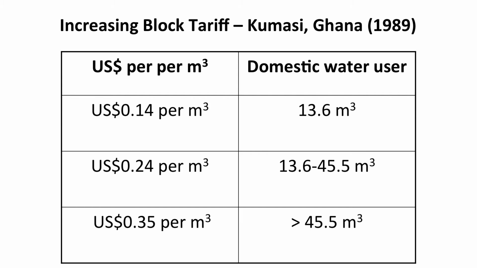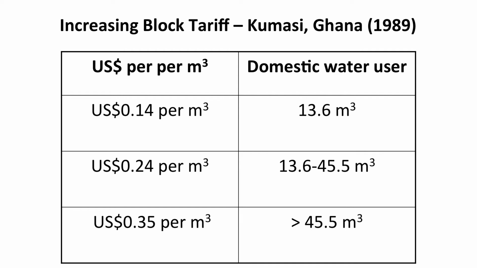A couple of things to note about this IBT structure. First, the size of the first block is quite large. It is almost 14 cubic meters. My wife and I are not poor and have lots of water-using appliances, and we use about 10 cubic meters of water per month. Second, the volumetric charge in the highest price block is still very cheap, only 35 US